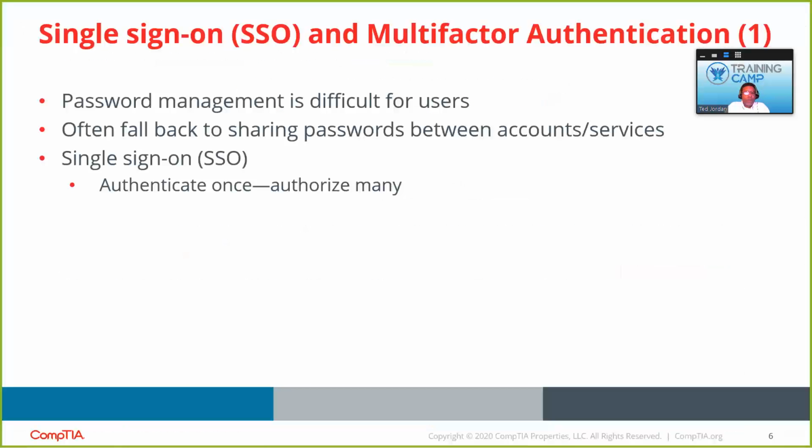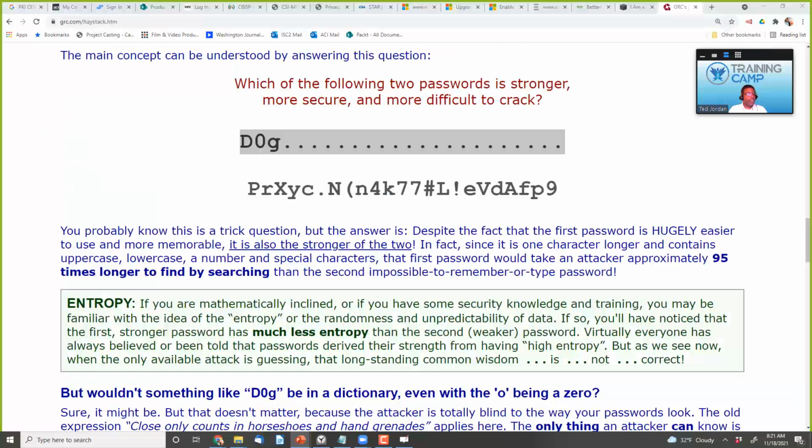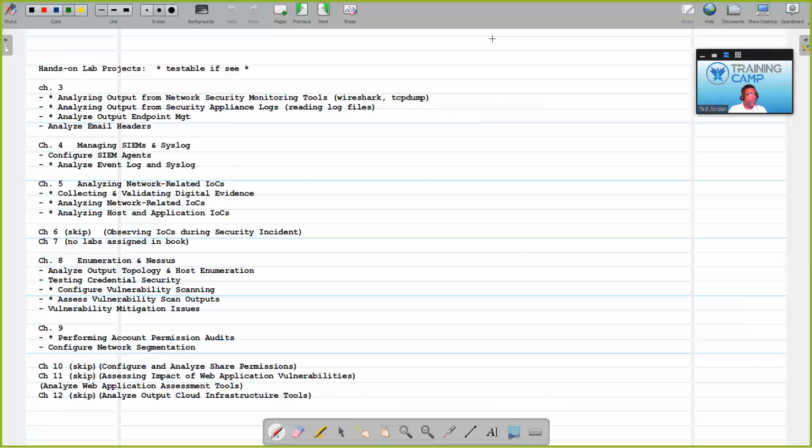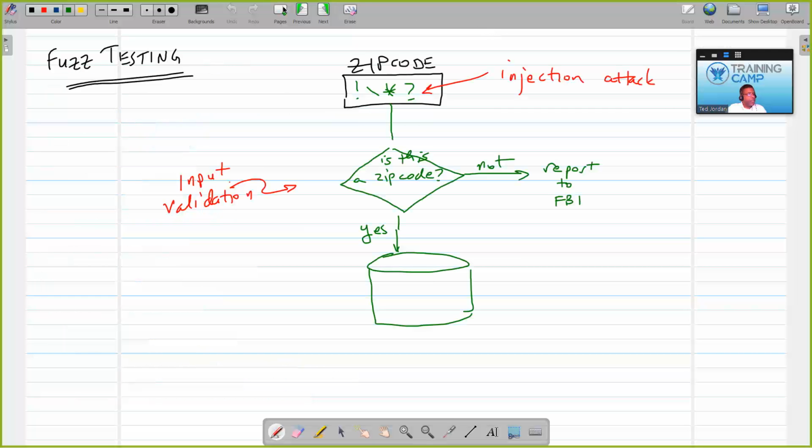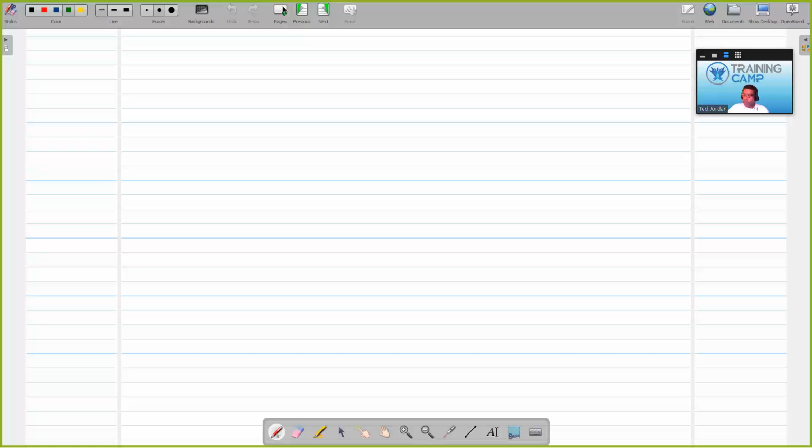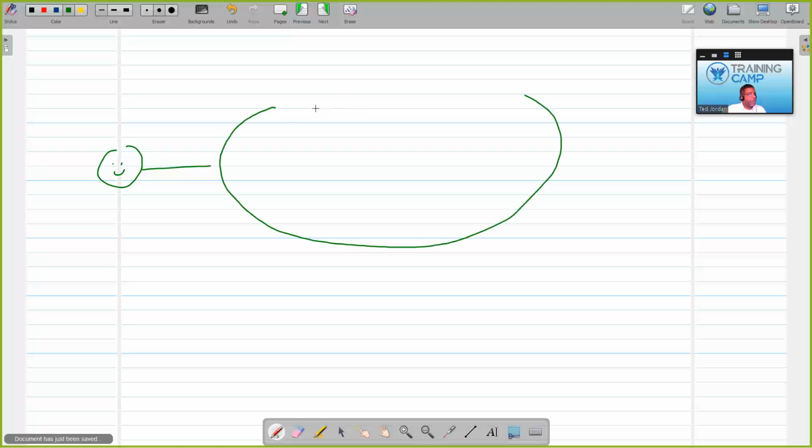Also, there's single sign-on. If you have a single sign-on system, make sure you employ multi-factor authentication. We're going to go over that in a minute. What single sign-on allows an organization to do is we can have a user can have access to the entire network of systems in the organization